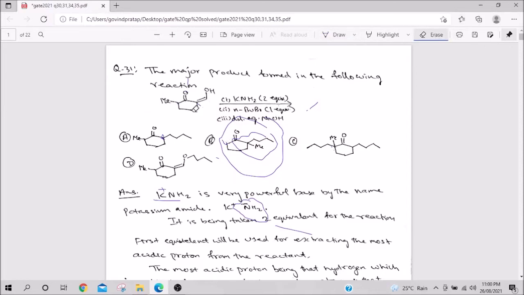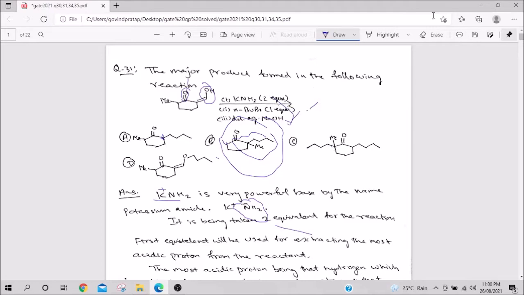Basically what can happen now, if you have carbon dioxide on the alpha carbon to C double bond O, then if you heat a little bit, decarboxylation happens. Beta decarboxylation is very simple under thermal condition. So, something like that must be happening.